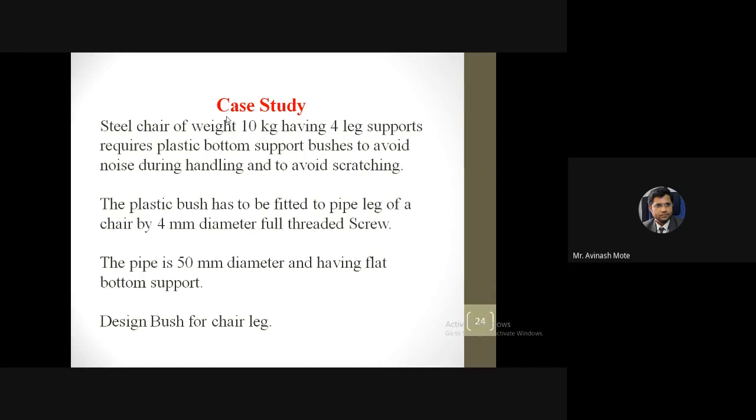See, you have seen in machine design also, while designing any component, mostly you don't have all the data. Many times you will have to assume things and go ahead. For that you need some preliminary information. In case of a leg, only 3 possibilities are there mostly: L-shaped bar, square pipe, or cylindrical pipe. Second para, the plastic bush has to be fitted to the pipe leg of the chair.